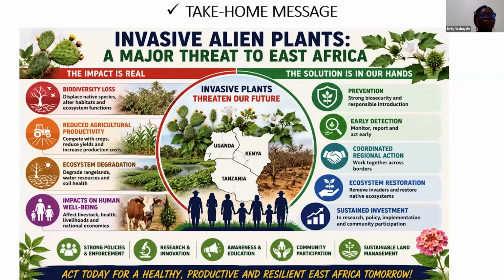Now, productivity in agriculture and production is being compromised by various weeds, including striga, including Datura stramonium. So that is something that is real for our region. Ecosystems are getting degraded because ecosystems with monoculture of species are not as resilient as diverse ecosystems. So that is a real threat again, and invasive species have a real impact on human well-being and human economics,